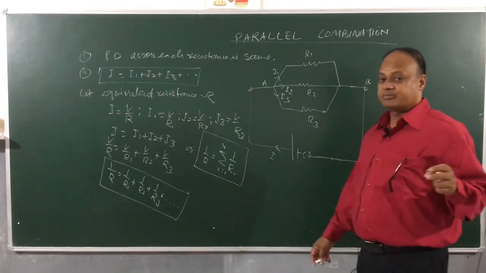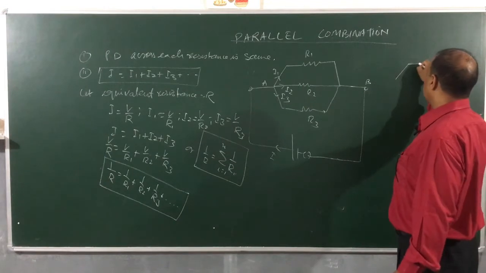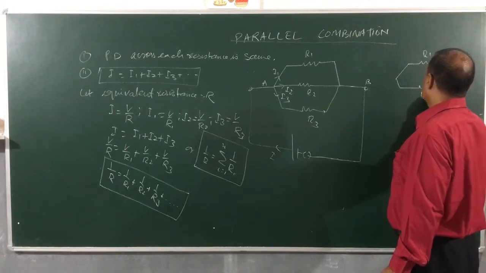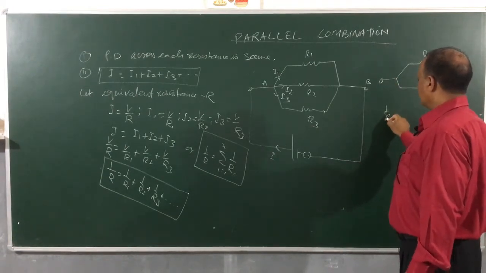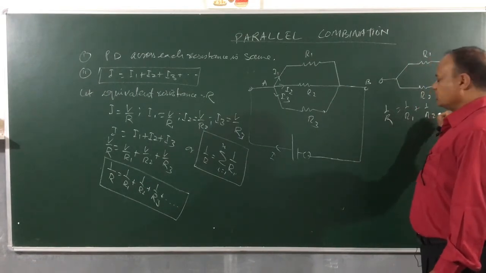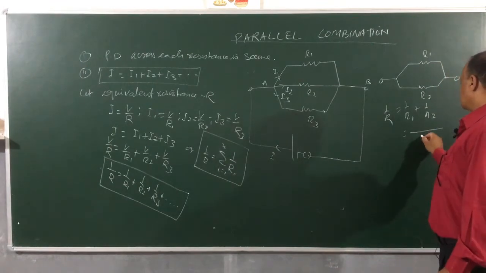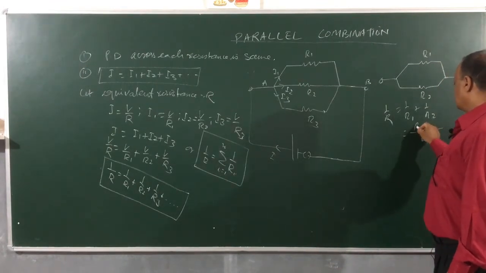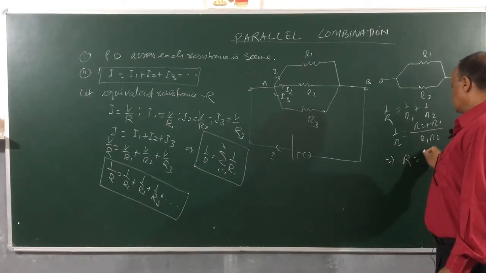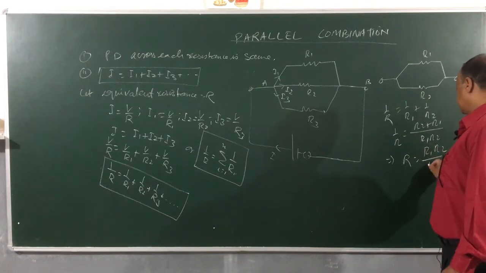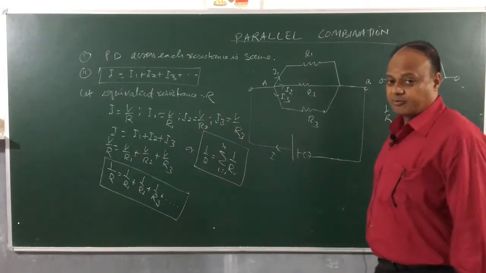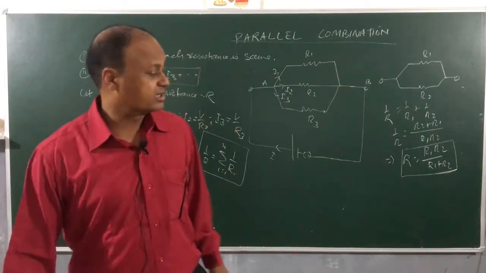Sometimes when you are doing problems, we will come across two resistances, like suppose this is R1 and this is R2, and I have to find out their equivalent resistance. So, it will be how much? 1 by R equals 1 by R1 plus 1 by R2. Now, if you take LCM, you can write this as R2 plus R1 over R1 R2, that is 1 by R. So, how much is R, children? R is equal to R1 R2 divided by R1 plus R2. And remember, this is a shortcut formula which you can directly use if two resistances are connected in parallel.